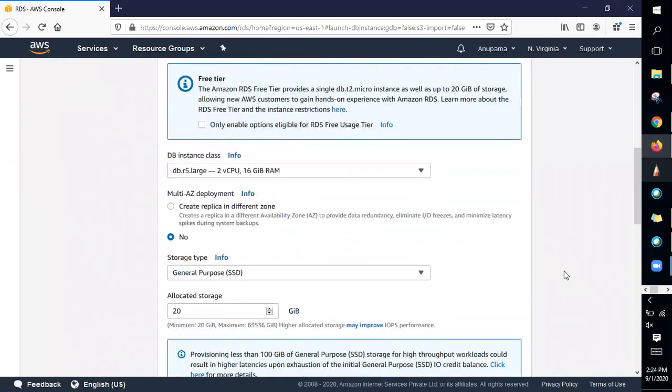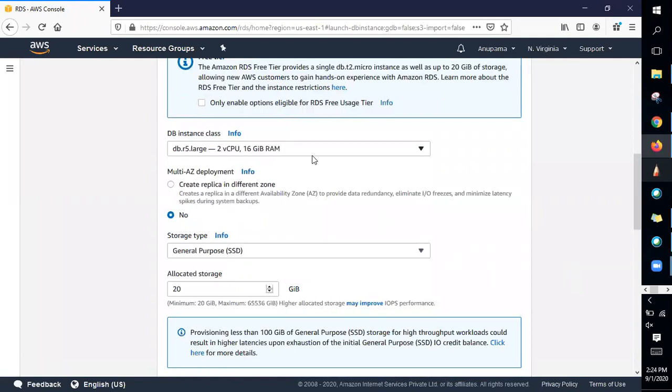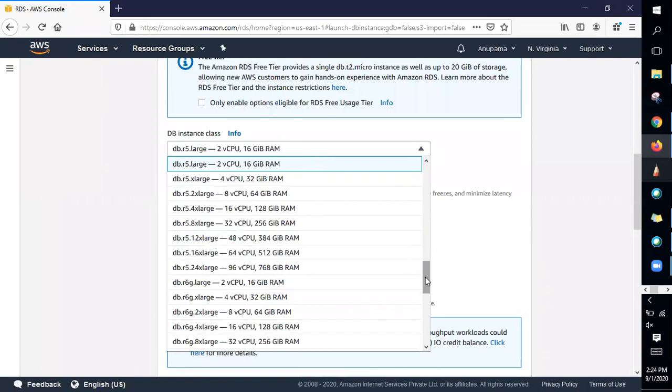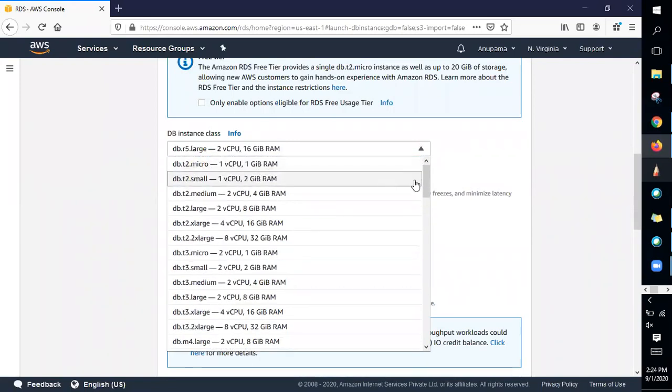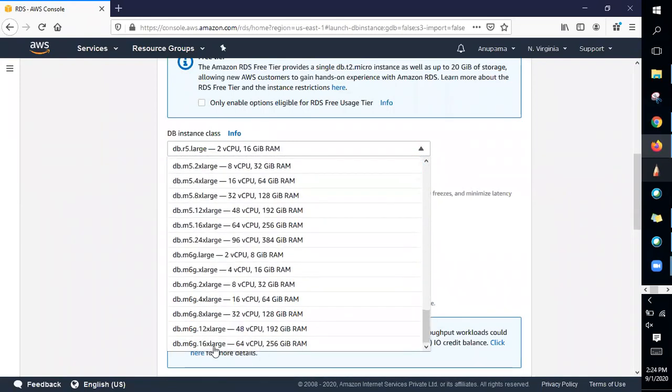You also have the database instance class. So you have from T2 micro till M6G large. Actually, I think they have added this recently; we had only up to here a few days ago. So you can go for at least M6G large.